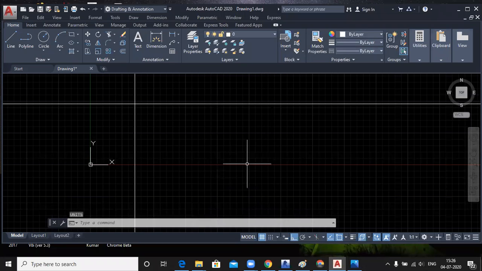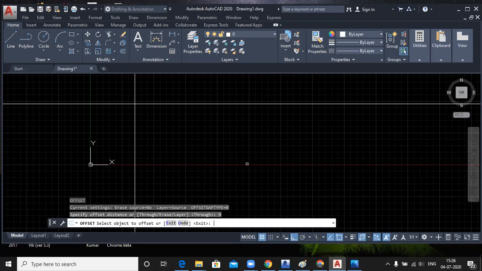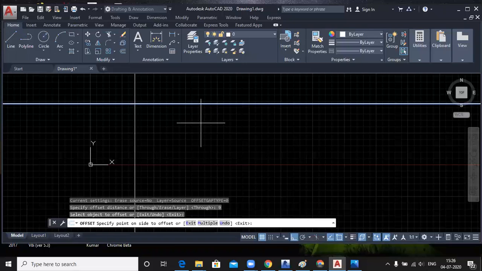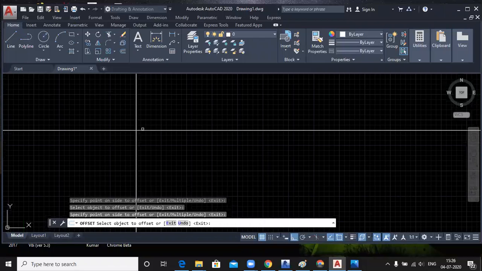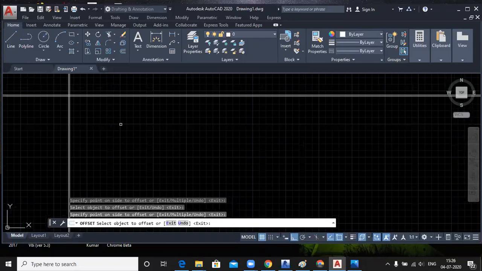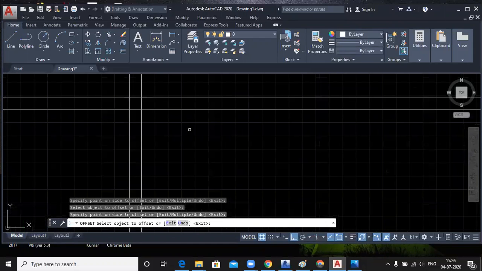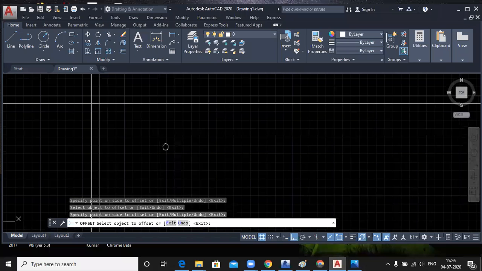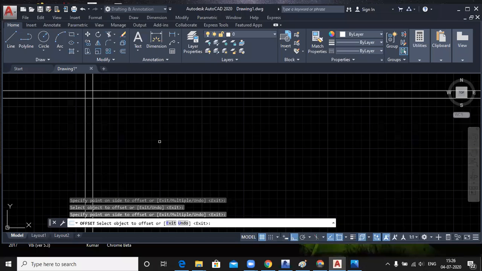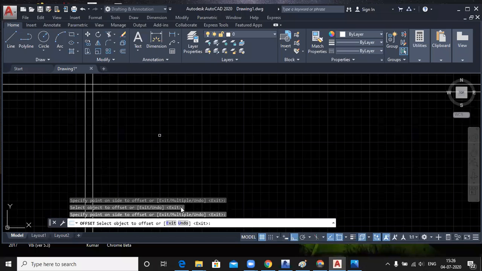Now you activate the offset command, give the 9-inch distance and create the offset like this. See, right? Okay. Okay, sir.